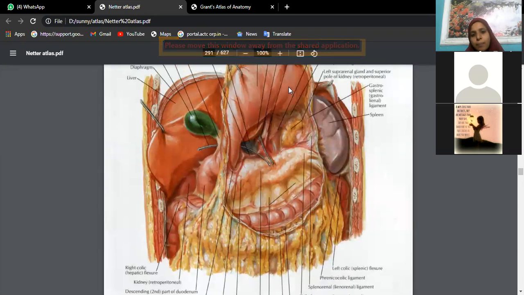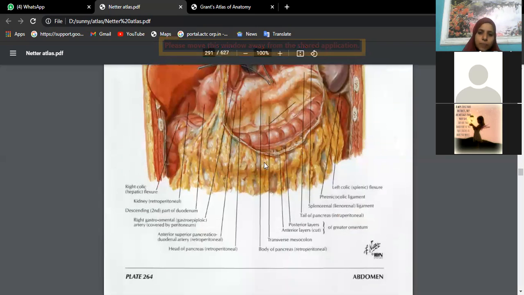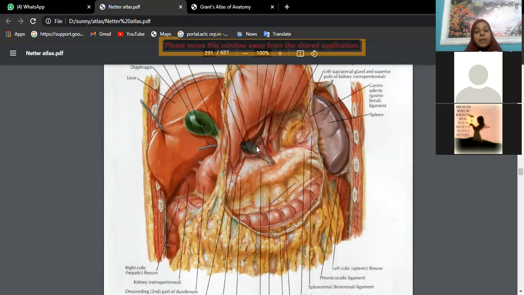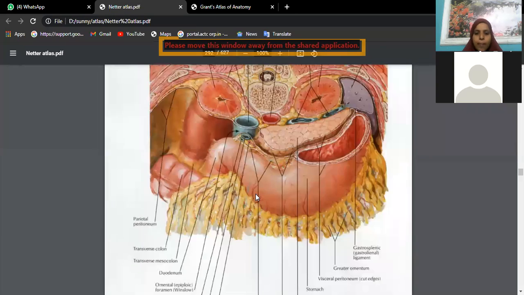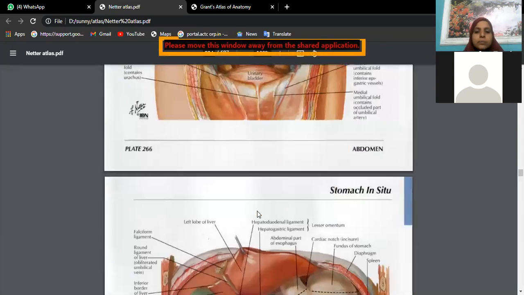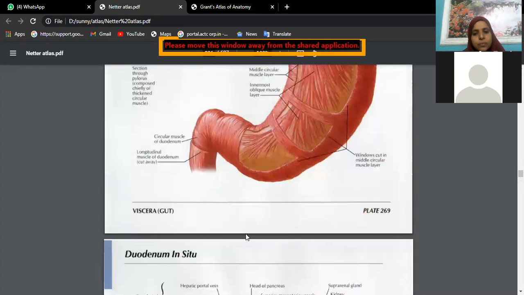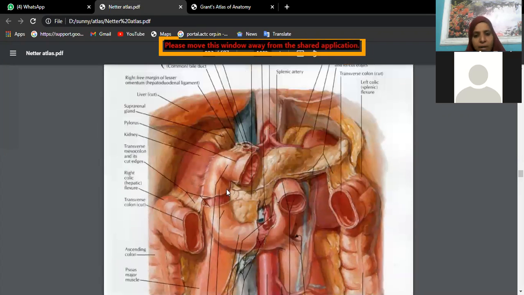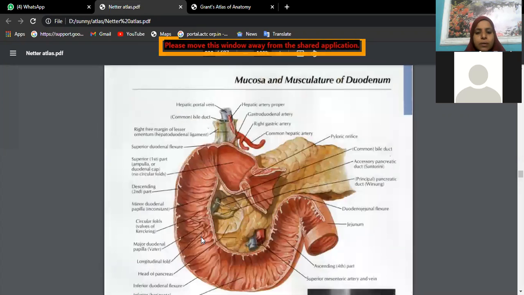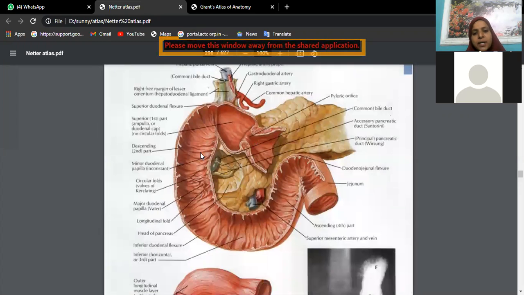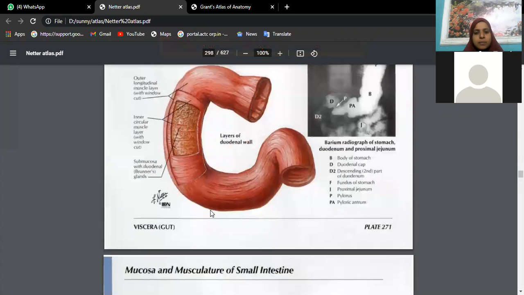This is stomach bed. Stomach has been lifted. You are finding pancreas, spleen. This area is lesser sac, behind the stomach. Then greater omentum, lesser omentum, stomach. Again, you are finding 4 parts of the duodenum. Then pancreas. This you are actually finding the interior. So nice, all mucosal folds you are able to see. The minor duodenal and the major duodenal papillae you are seeing.